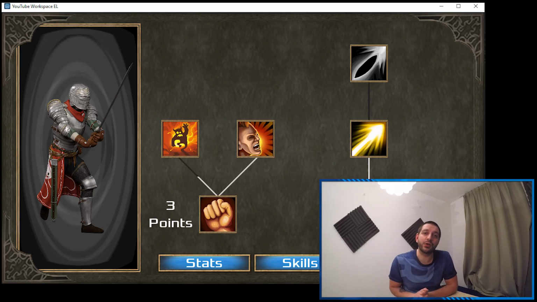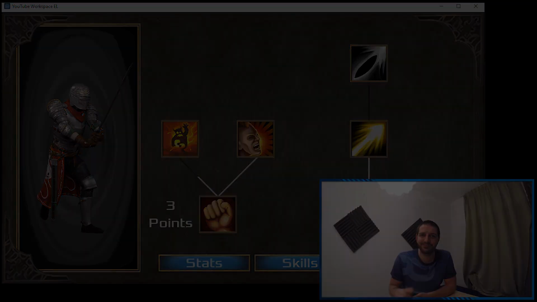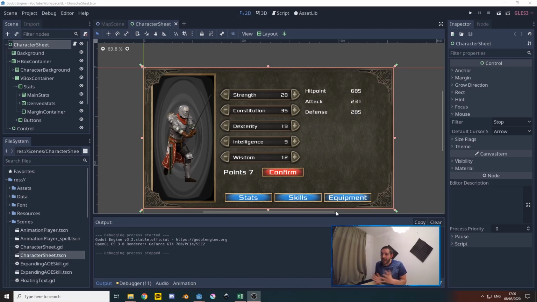In this Godot tutorial, I'll teach you how to make a skill tree within your character sheet. Let's get started. So the first thing we have to do is make some space within our character sheet that we created 2 tutorials ago. When we press the skills button, we want this whole stat panel to disappear and we want our skill tree